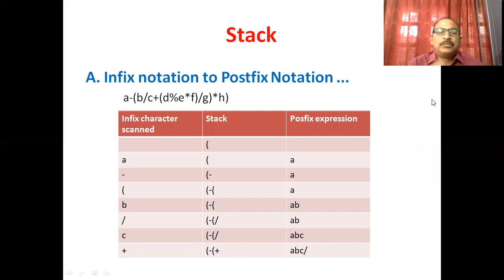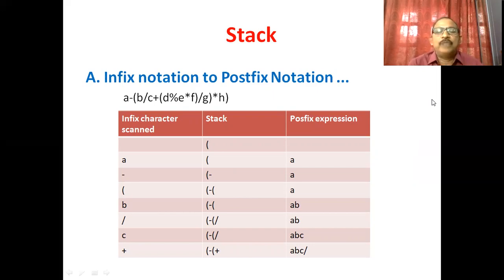If the topmost operator on the stack has a precedence greater than the input operator, in that case we repeatedly pop from the stack until the top of the stack operator has equal or lower precedence than the input operator.